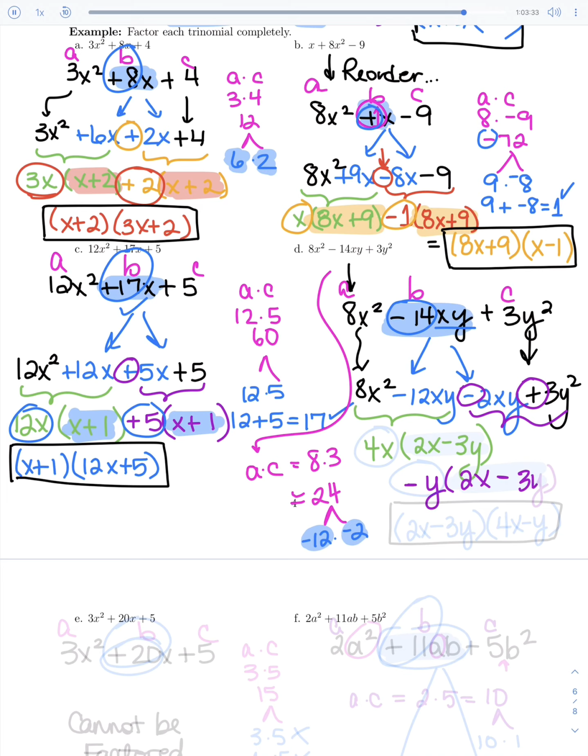You'll still have a 3 and one of the two y's. Notice we do know that we pulled this out correctly because we do have a matching 2x minus 3y that we can now pull out as a greatest common factor. And what's left over is the 4x minus y in its own set of parentheses. And so we've got 2x minus